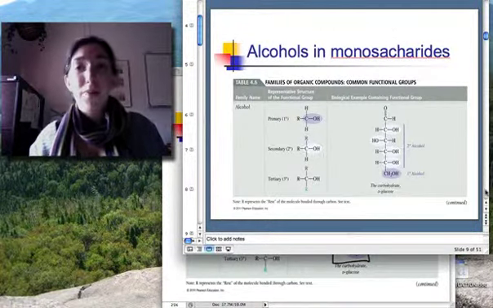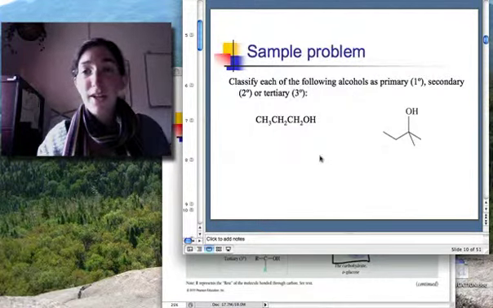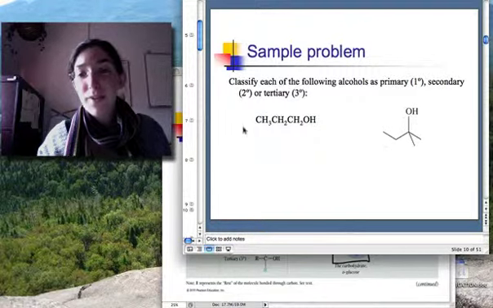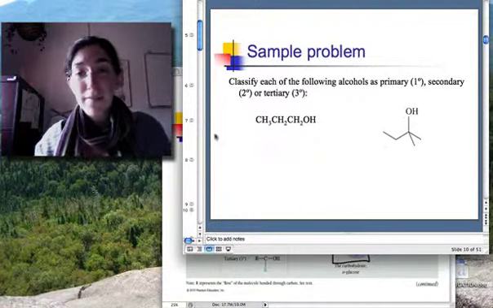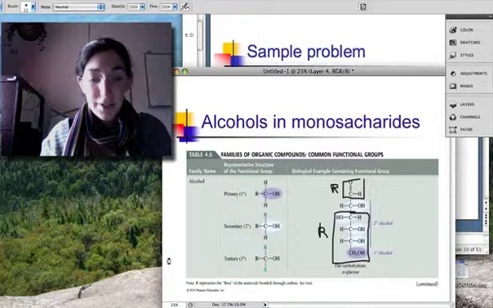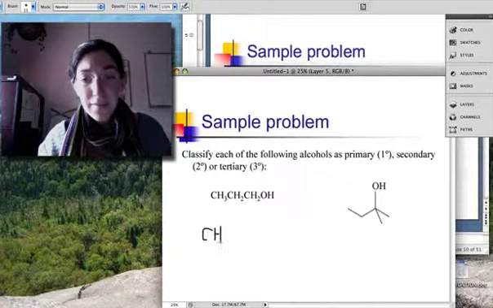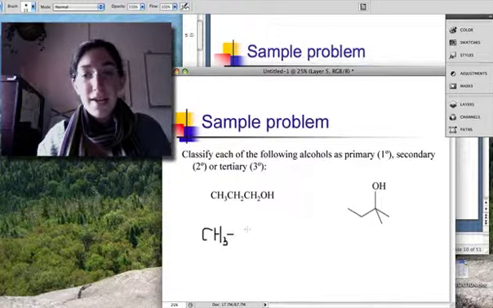So there are several practice problems like that in the chapter about identifying primary, secondary, tertiary carbons or alcohols, and we'll do one right here. So this molecule here, is it primary, secondary, or tertiary? Another way to show this molecule, CH3. I think it's hard to visualize in condensed structure, so sometimes I like to draw it out a little bit more just for my own sake. So CH2, CH2,